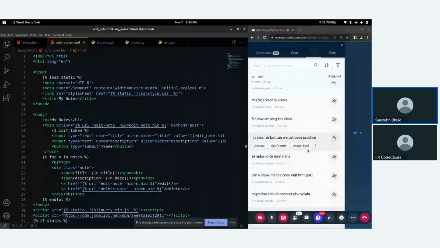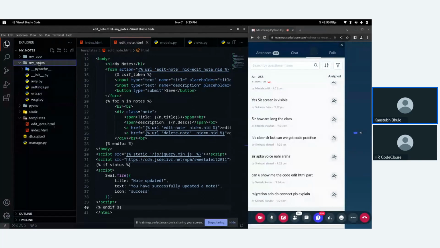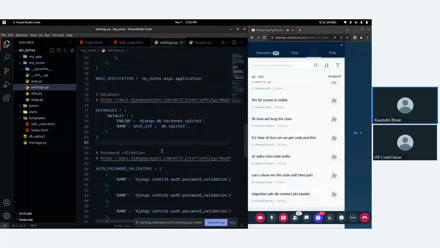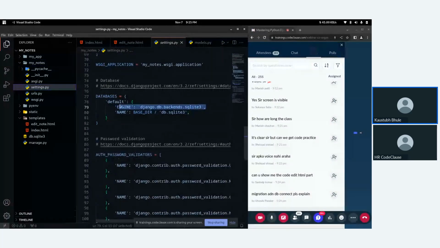Okay, fine. So, currently, we are not connecting any external database to this Django application. We are using the default one, which is the SQLite 3 database. But if you want to connect an external database, you need to change the database settings in this settings.py file. You need to change the engine and other configuration.